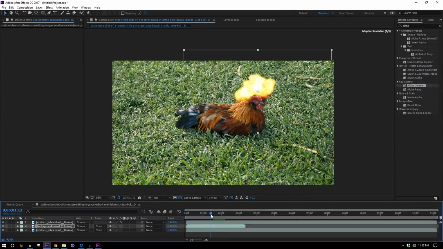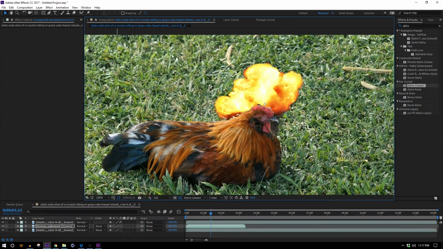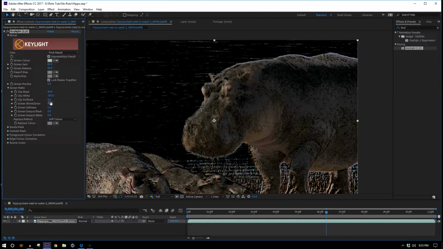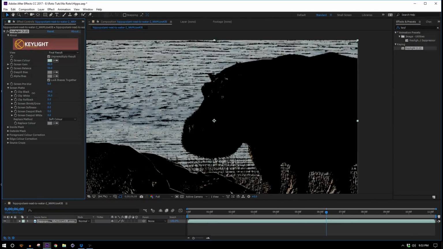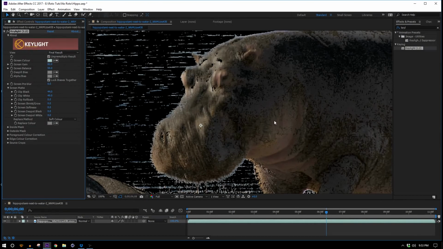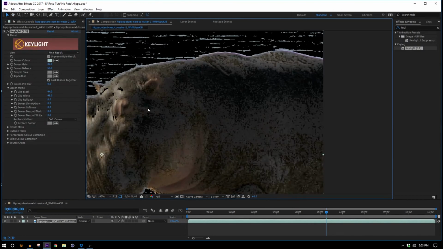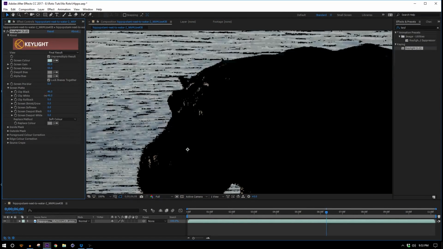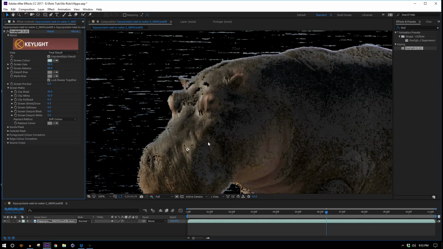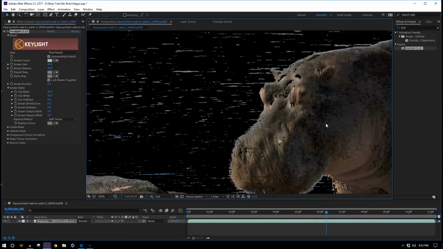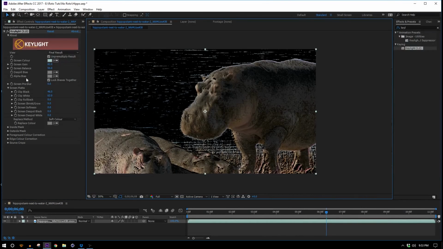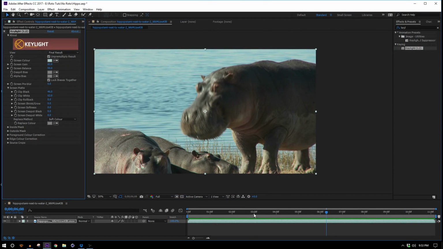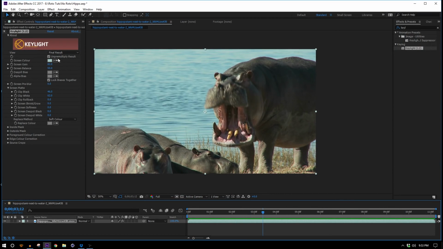However, sometimes keying isn't going to help you at all, like in this hippopotamus example. It's pretty apparent right away that this is not really going to work. You can see as I try and adjust the values of it, it's really ugly and chunky looking, and I just think that we can do better than this. But I do recommend always trying to key it, and sometimes you'll surprise yourself with when it will work and